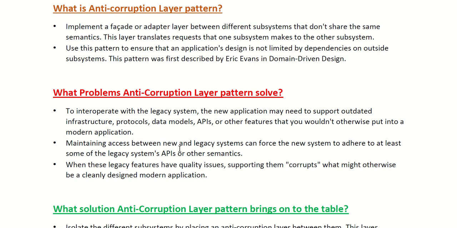So, I hope you understood the crux of this anti-corruption layer pattern. It basically allows a modern system and a legacy system to interoperate or coordinate with each other. As already explained, to interoperate with the legacy system, the new application may need to support outdated infrastructure. It may be a protocol like RPC, remote procedure calls, which nowadays nobody is using. Data models, APIs, or other features that you wouldn't otherwise put into your modern day application,